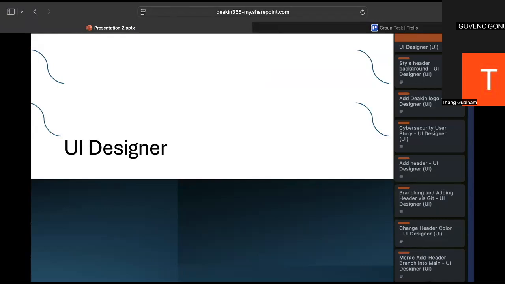Then I staged the file using git add, embedded the logo, and modified the main CSS file to style the header for background color and alignment. After checking the result in the browser, I reviewed my changes with git status and git diff before staging all updates. Finally, I committed the changes with the message, add new header and logo, and pushed my new branch to